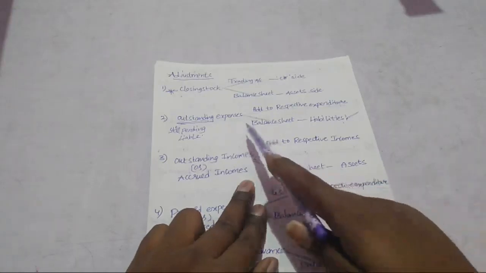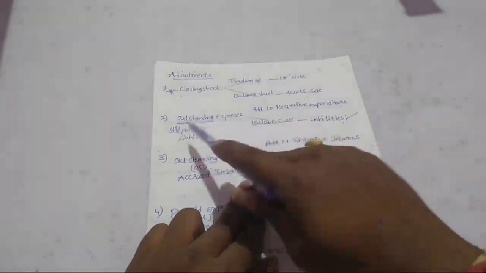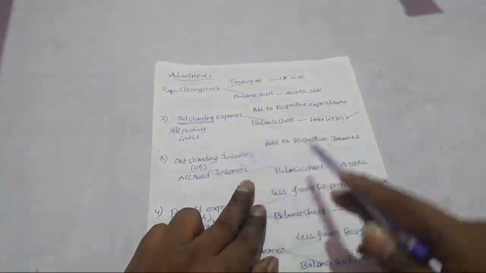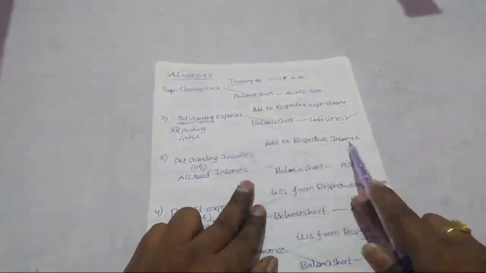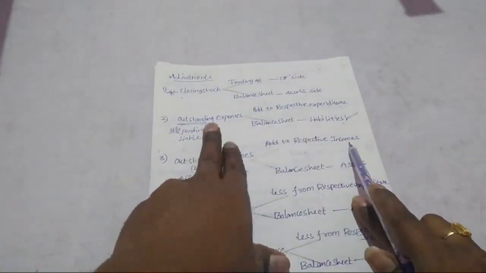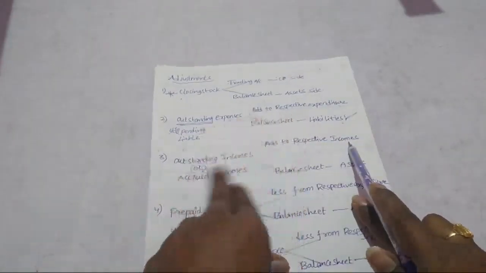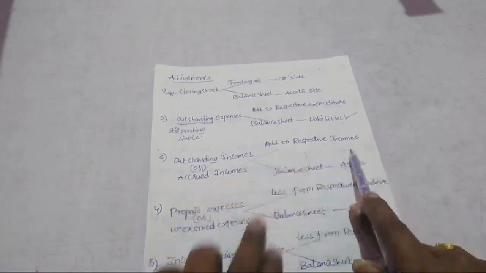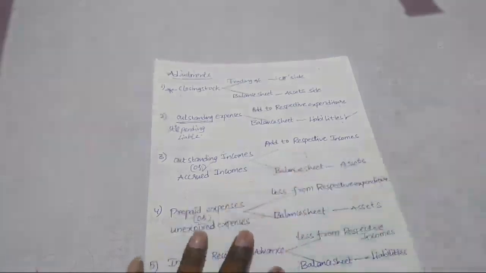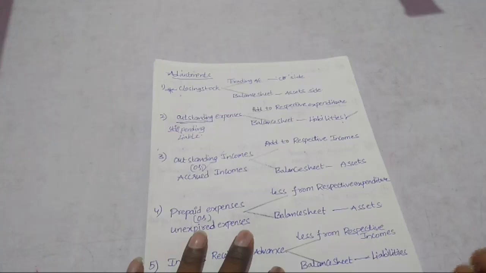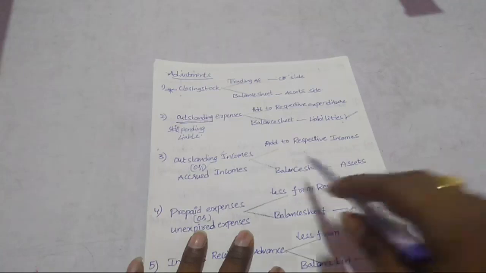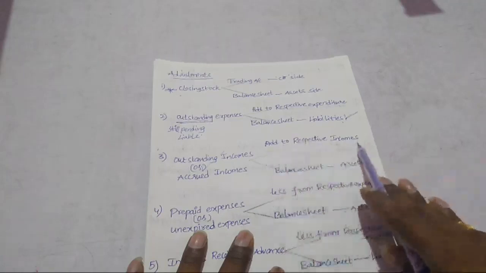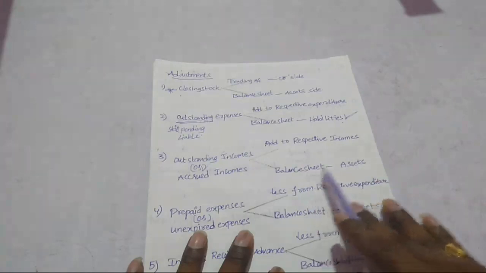So again, whatever the transaction is, if it is an outstanding expense, add to the respective expenditure. In case of outstanding income, add to the respective income. Example, commission receivable or interest receivable or accrued interest means interest receivable. Still we need to receive the interest. So what we need to do is add to the respective income and then write the transaction in the balance sheet